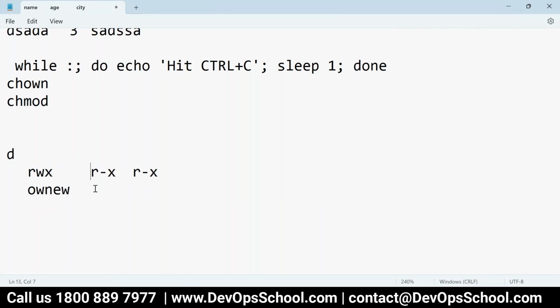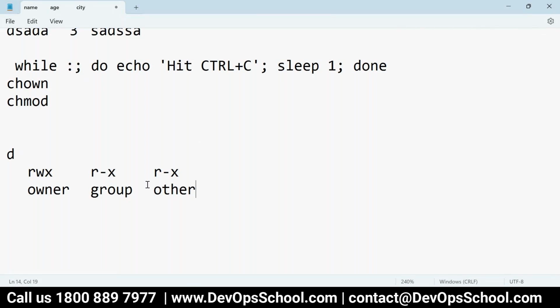This part applies for the person who is part of the same group the user owner belongs to. So this is the group, and this is for all others other than owner and group.